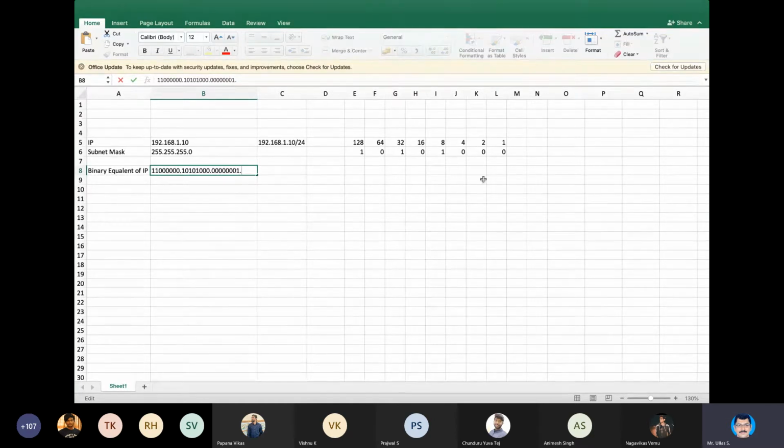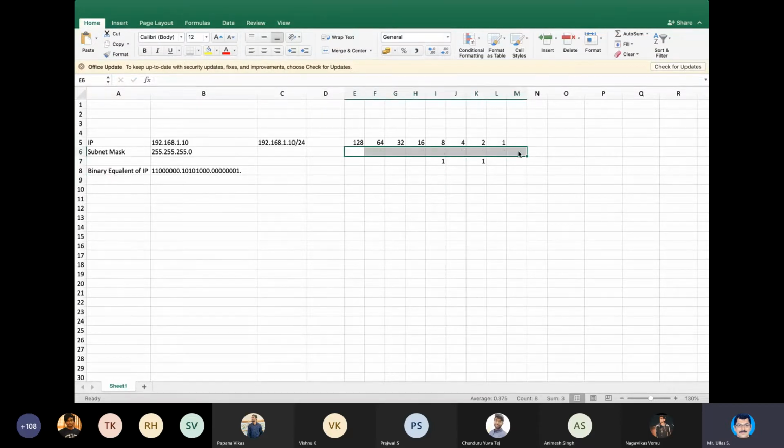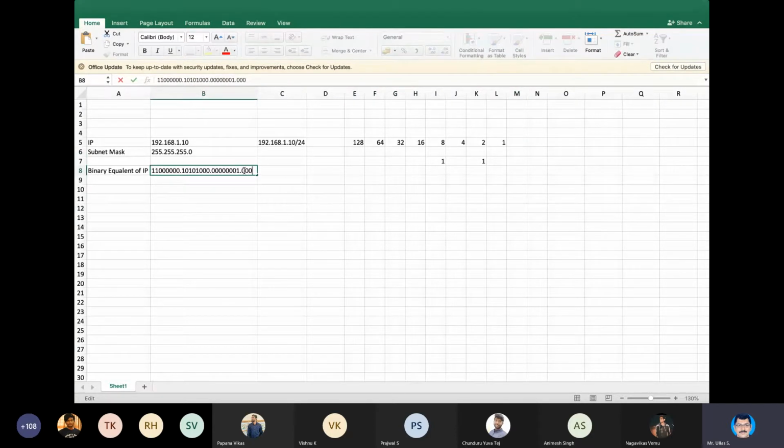10 is 1010 at the end. So here 8, 1 and this one. Rest all are zeros in case of 10. Okay. Isn't it? So I'll put 1, 2, 3, 4, 1, 0, 1, 0. So I've calculated the binary equivalent of